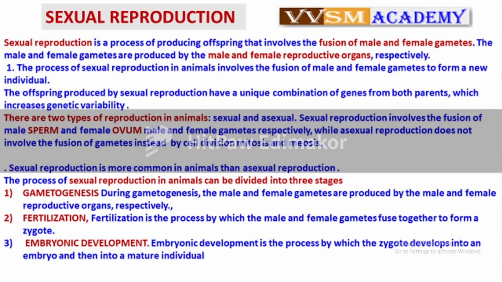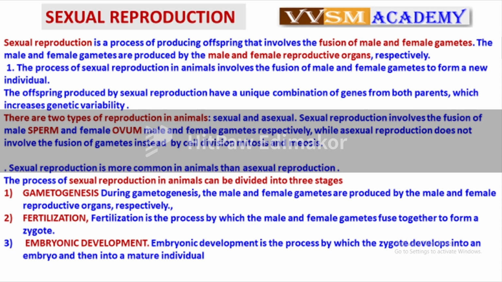Sexual reproduction, as I told you, is the production of offspring that involves the fusion of male and female gametes. The male and female gametes are produced by the reproductive organs respectively. The process of sexual reproduction in animals involves the fusion of male and female gametes to form a new individual. The offspring produced by sexual reproduction have a unique combination of genes from both parents, male and female,